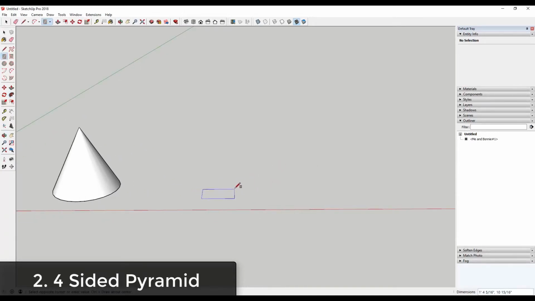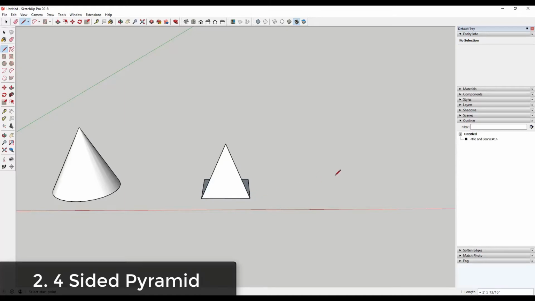So a four-sided pyramid is something that I would create by drawing a square. So let's say I drew a 2-foot by 2-foot box using the rectangle tool, which you can activate using the R key. And then I would just kind of inference to the center of this shape. So I activate the line tool, and then I'll just move my mouse over this point and then over this point and just hesitate at both of those. And you can see how I get this little inference in here that shows me where the center point is. And then I would just draw a line up,